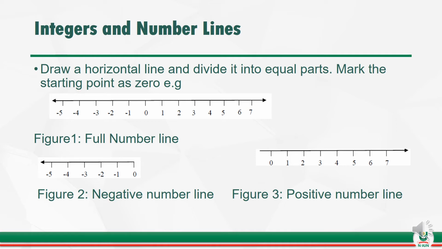When you look at this, look at a horizontal line. You can see that this horizontal line is divided into two equal parts, marked starting point as 0. You will see 0 at the middle. Now, from 0, when you move to the right hand side, we have 1, 2, 3, 4, 5, and so on and so forth. Don't forget that the more the positive number moves from 0, it is becoming bigger. Like 2 is bigger than 1, 3 is bigger than 2, 4 is bigger than 3, 5 is bigger than 4, so on and so forth.